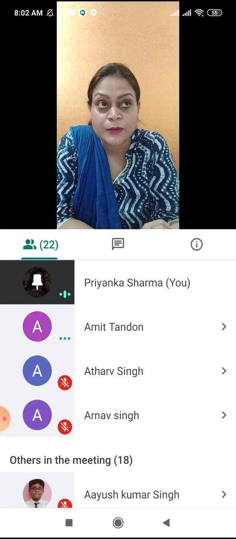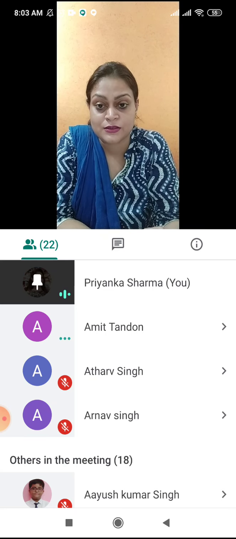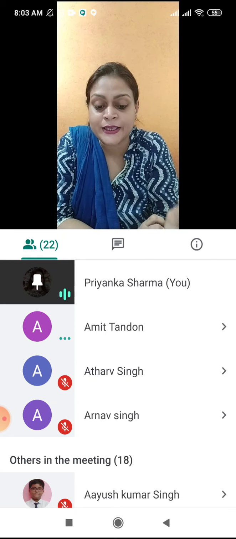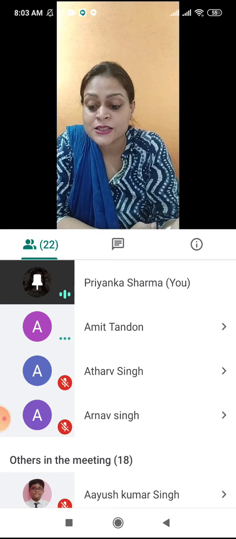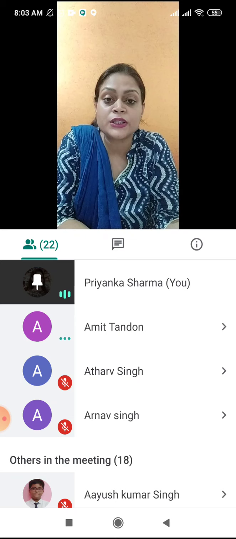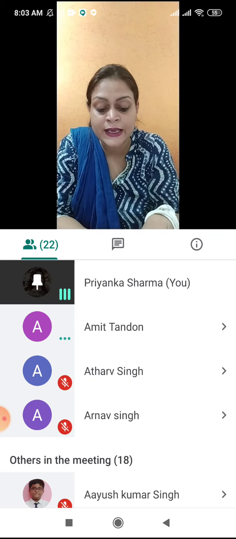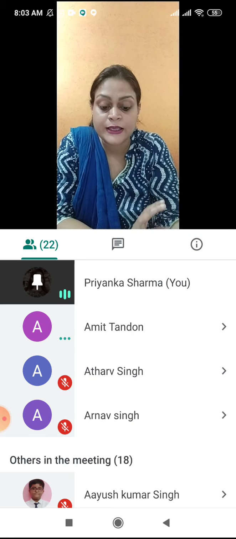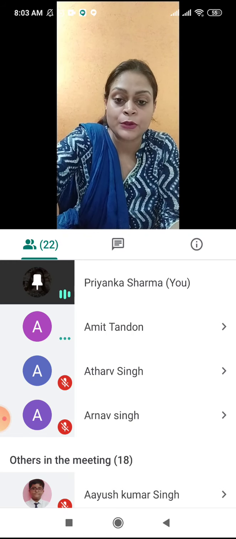In a lever, the main thing is the joint is at the center. The joint is known as the fulcrum and it is at the center. Then the weight is on one end and the effort is on the other end. Weight means, now see the diagram, the seesaw diagram is the same diagram of a lever. The seesaw is an example of a lever.